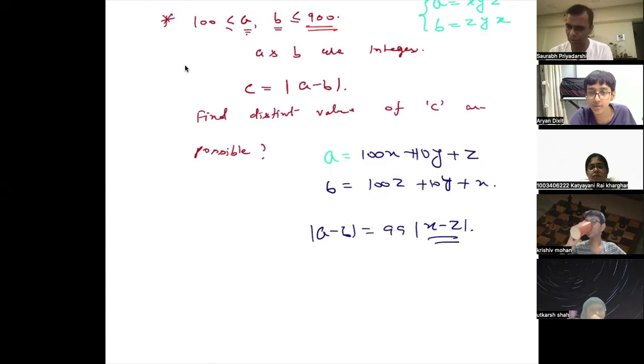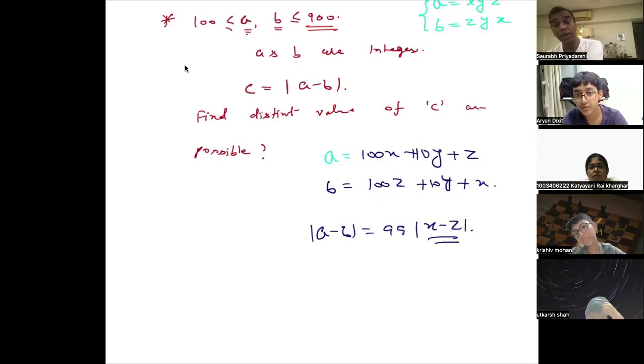सर आई डोंट थिंक कि इसमें 8 और 9 इंक्लूड होगा। आप अपना लॉजिक दो। सर बिकॉज जो x और z है वो 9 हो नहीं सकते हैं, x and z must be less than 9 and x and z must be greater than equal to 1। तो इसमें 8 का भी डिफरेंस पॉसिबल नहीं होगा और 9 का भी नहीं, बिकॉज हम लोग की रेंज है 100 to 900। आप बोल रहे हो 9 का डिफरेंस नहीं होगा और 8 का भी नहीं होगा।